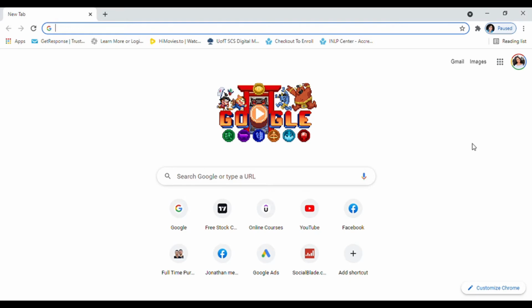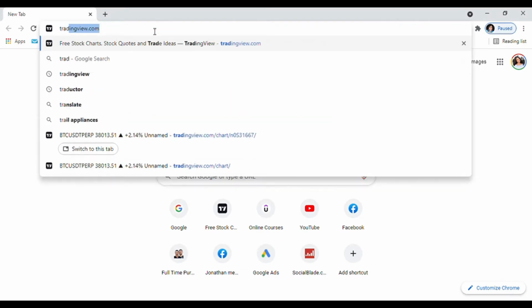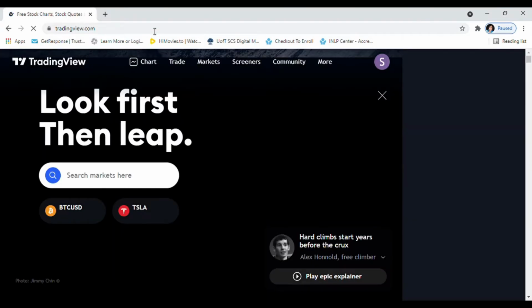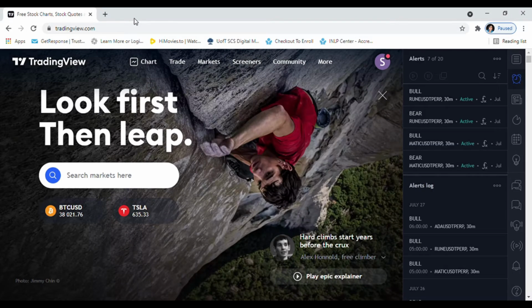Alright, so I'm gonna try my best to make this as easy and understandable as possible, and we'll try to keep it short. I don't want this video to be too long. I'm gonna head over to Tradingview.com, and Tradingview is basically the place where you will be performing most of your technical analysis. So when you go to tradingview.com, you'll come to this page. This is the main page, and then you want to head over to chart, which is at the top left right here where I'm pointing. So you go to chart,